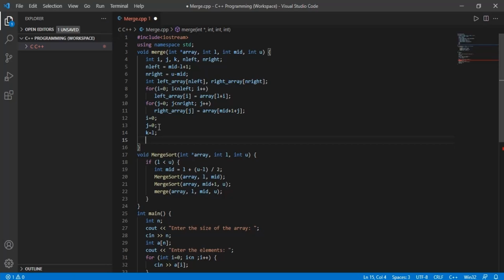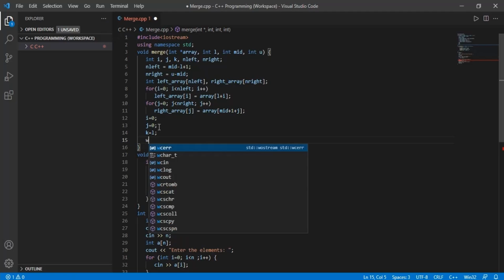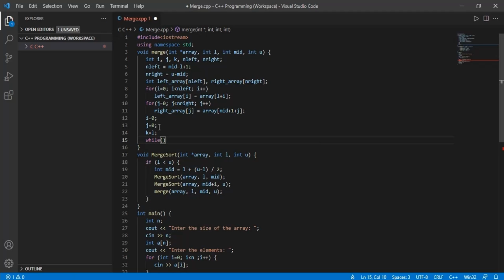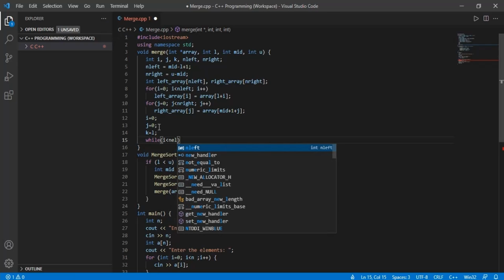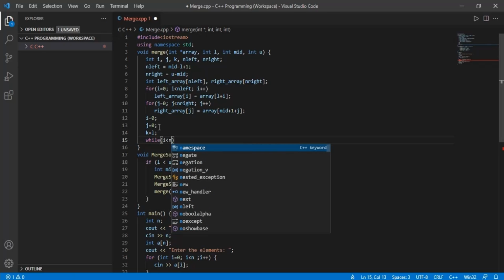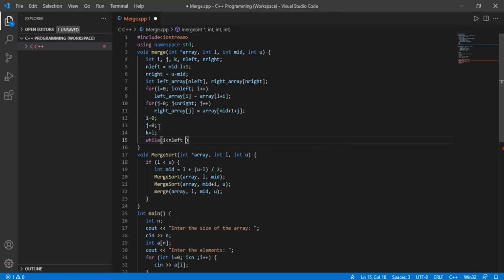Now basically we'll write the code for sorting those arrays, and we'll compare the elements from the left subarray and the right subarray, and eventually sort them in the ascending order. For the same, firstly we'll have the while loop, then we'll iterate through the left subarray using the i variable. So we'll write over here the condition, that is i less than nLeft and j less than nRight. j is basically the variable which we'll be using to iterate through the right subarray,